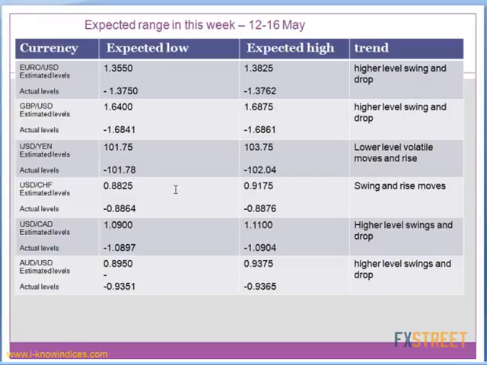In the case of CHF also, when it was dropping, they just make only 25 pips more. So if you buy, you'll not be able to book profit, but you don't feel like cutting the position. The next day, another 25. Next day, another 25 pips. That is how they just show you a huge loss when you continue to hold. And then finally, they just reversed on Friday, Canadian dollar, and they are expected to take it up to the 1.1 area. Slowly, they are expected to gain the levels after brief lower level consolidation here at 1.09.